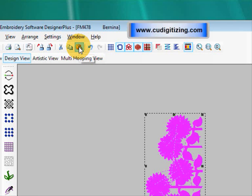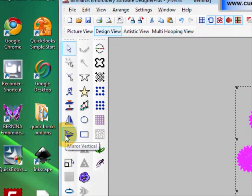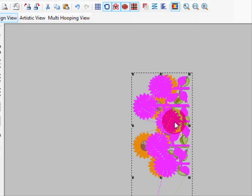and that's pasted on there. And now I'm going to mirror image it vertically. So I now have the other copy there. I can bring that down to the bottom,